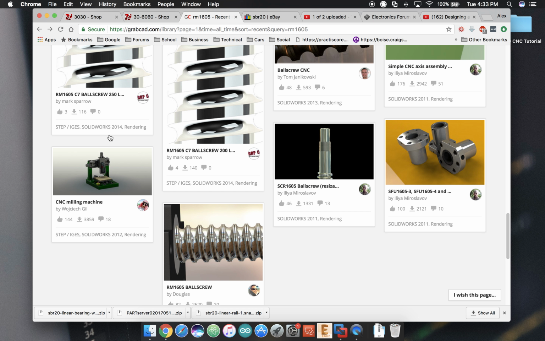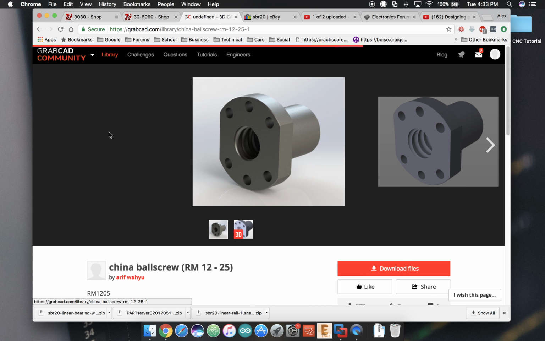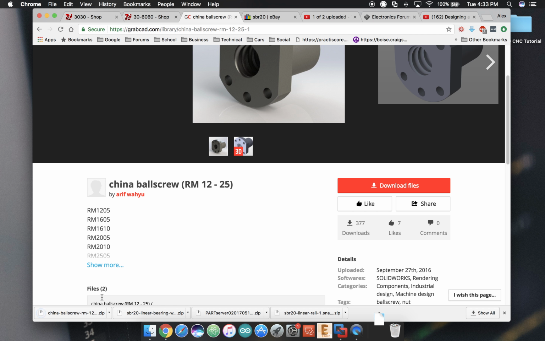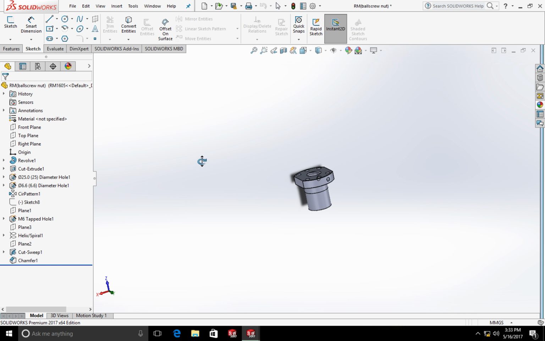Actually, it's the same one. These all look very similar, don't they? Oh, it looks like it's a set, so that's awesome. So let's go ahead and look at China ball screws. And there it is. So basically we want that to fit inside of the part that we are making right now. I'm going to go ahead and save this as